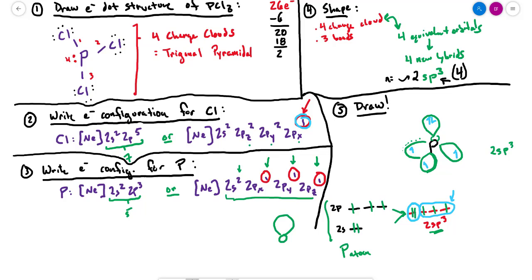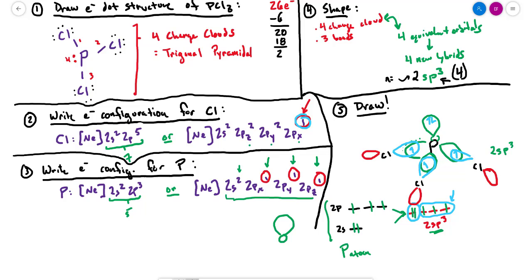And so we've got 3 of these chlorines, all with their 2px orbitals here. So I'm going to take chlorine, and I'm going to draw that in, say here, and I'll draw a chlorine here, and a chlorine here, and then I'll draw its px orbital. So this px orbital is going to look like that, px orbital is going to look like that, px orbitals look like that. I'm just overlapping that one phase, and then I'll draw the other side of the p orbital, which would look like this, this, and this. So this is the final structure of our